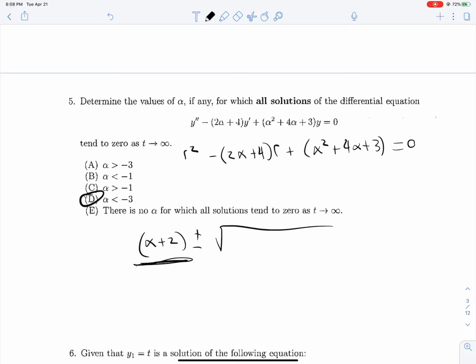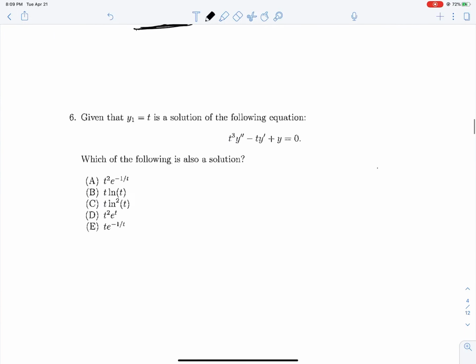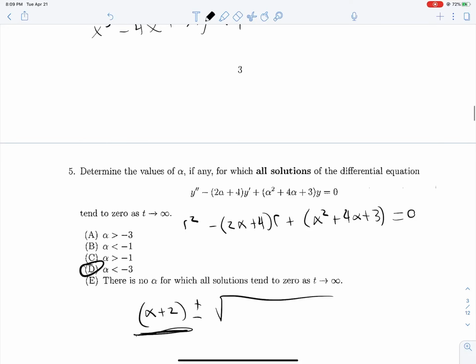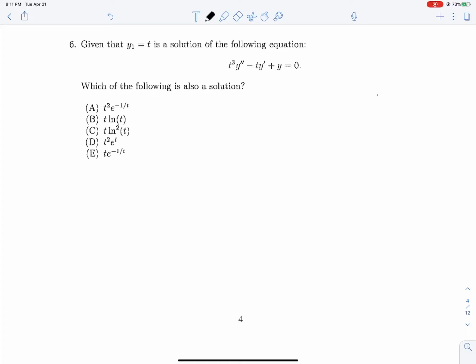So this method works, but it's a little sketchy, that's for sure, because it doesn't bring in any of the c terms. I'm not particularly sure. Question 6. Given that y1 is equal to t as a solution to this equation, which of the following is also a solution? If we divide everything by t cubed,